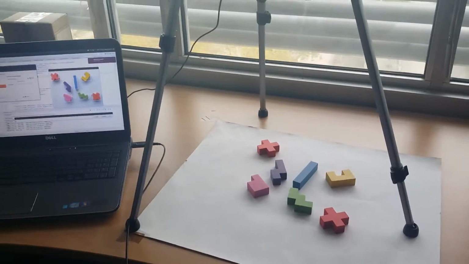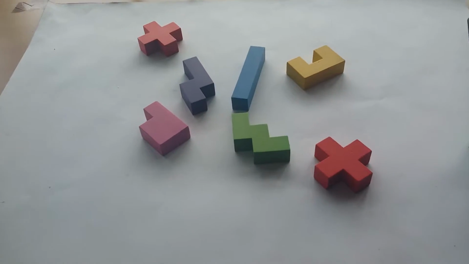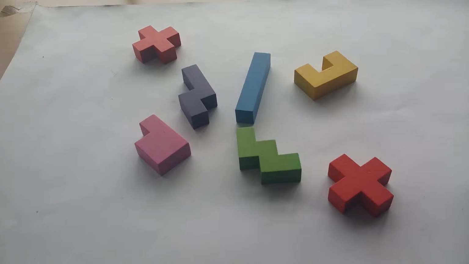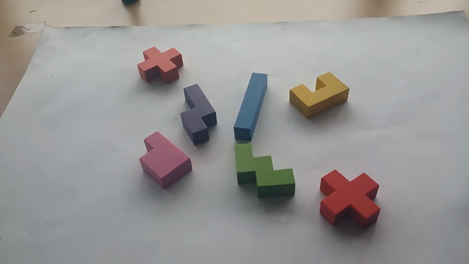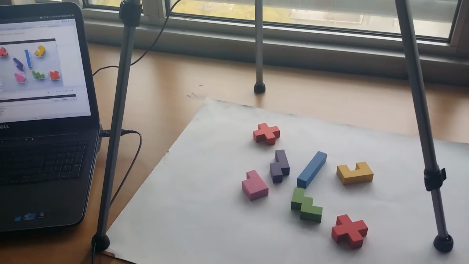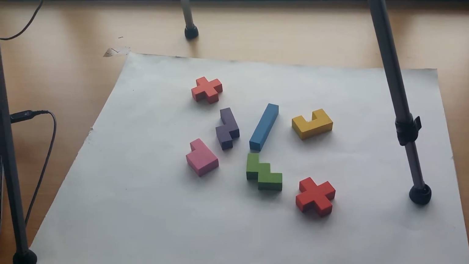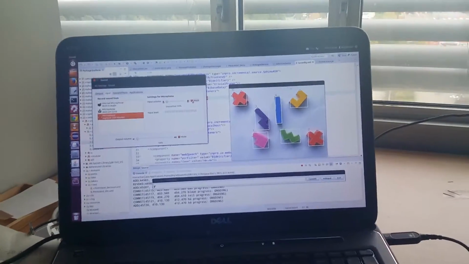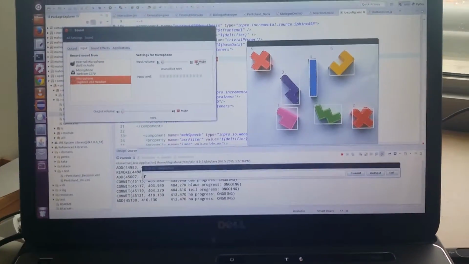So what we have in this setup is some objects, and these are the objects. They are pentomino geometric shapes. And they're all sort of different colors and different shapes except for the two red crosses at the opposite corners, top left and bottom right. And the setup is fairly simple. We have a camera, a standard USB camera that's going to point at these and capture this as a video. And over here on the computer that's doing the processing, we have the video feed here. And you can see some outlines